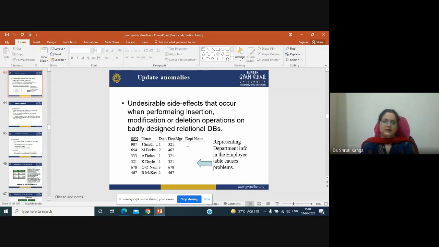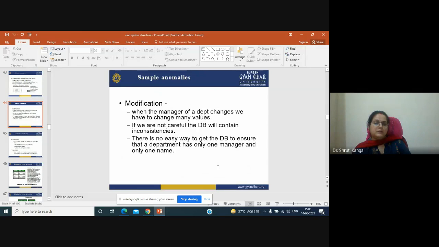For example, here you can see a table representing department info in the employees table, which can be a problem. Department, what is a department?